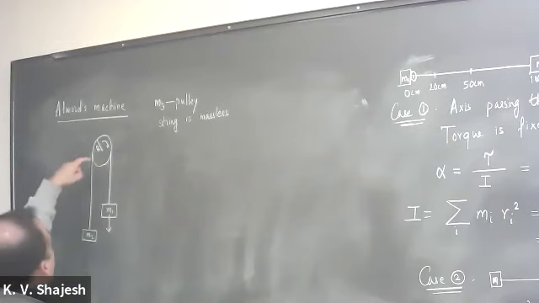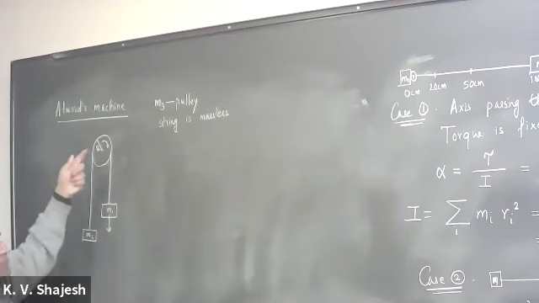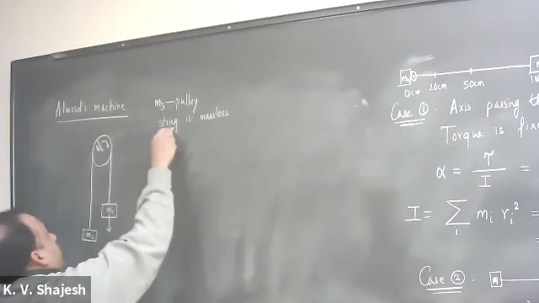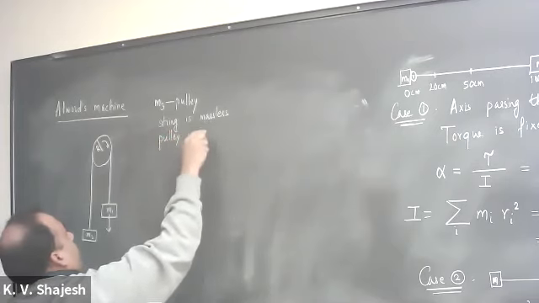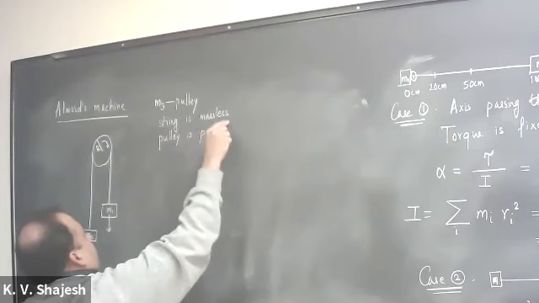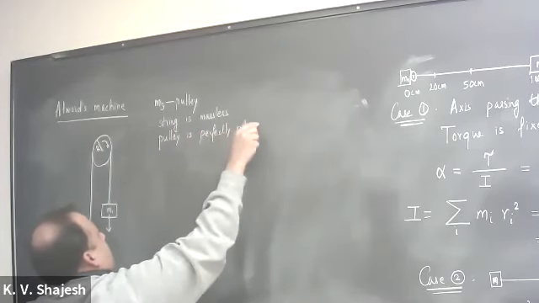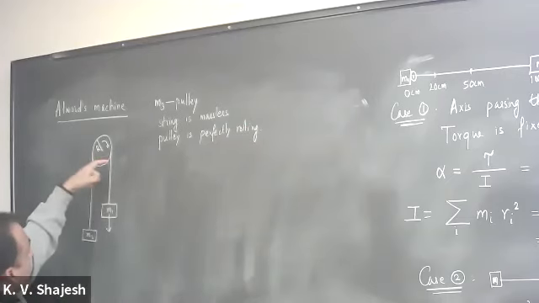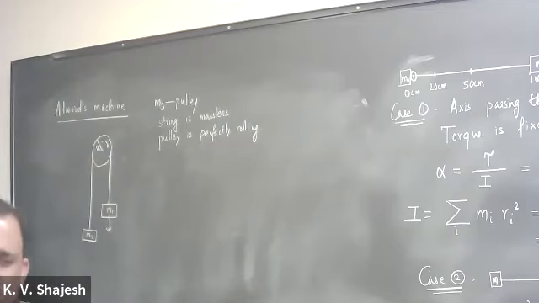And there is friction now on this pulley itself, because that is necessary. Because if I'm pulling on the rope, and if it was a frictionless pulley, then it will just slip off, right? If I want to actually make the pulley move with the rope, I need friction that will do the job. So we will assume that the pulley is perfectly rolling. What does that mean? It means that however much the string moves, the pulley also moves. There is a chance that the rope can slip on the pulley. That's not happening. That's what it means.